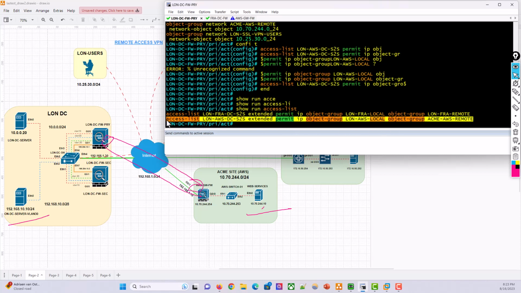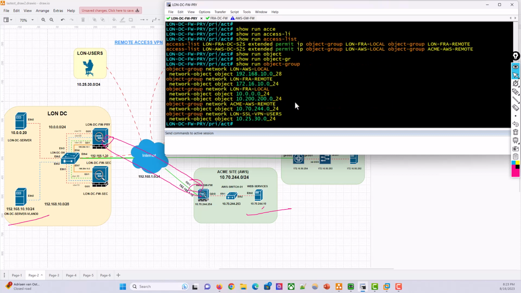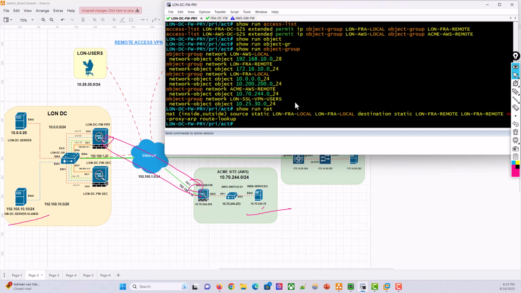This is what defines the trusted traffic, right? We also need to do, let's just repeat. Let's say show run object-group. I'm really having bad typing. Show run object group and show run NAT. So we just need to replicate this. So we're going to say if it's coming from inside to outside,